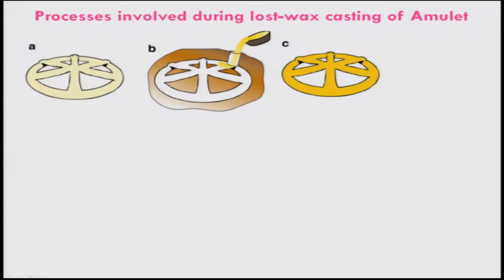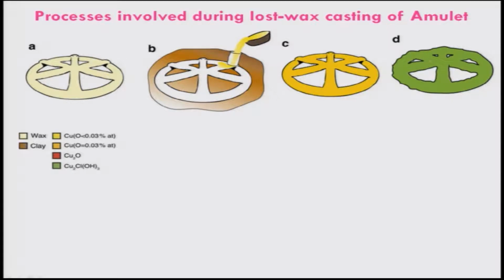Of course, after that you will have to break this mold after it solidifies completely, and then you can get this metal casted amulet. And this is the thing they got, which is the rusted one we had seen, this one. Now, they have also looked at this casting from this process, taking a smaller portion and then investigating it using modern imaging techniques.